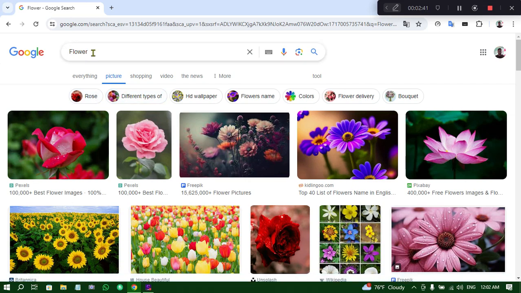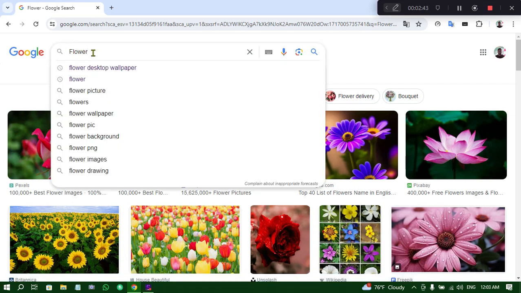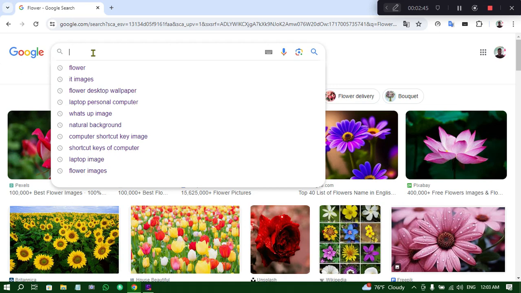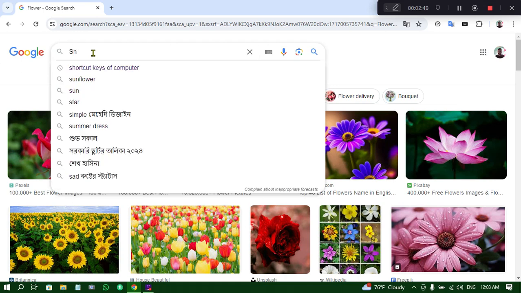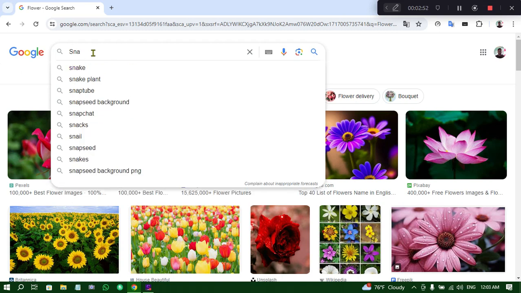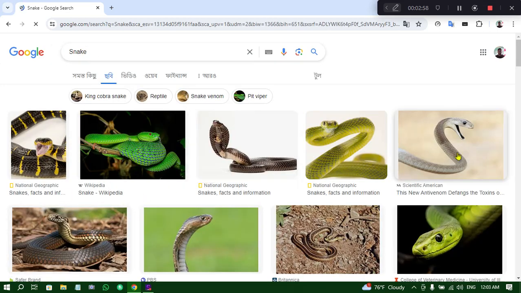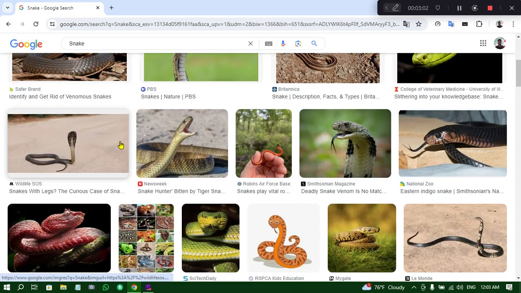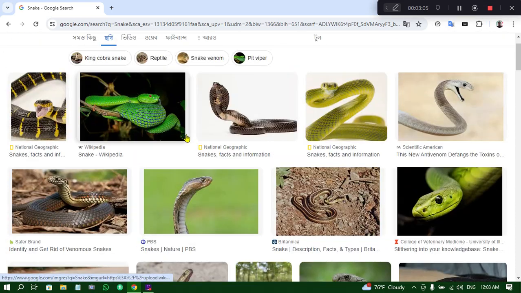If we want to search snake, we write snake and then press enter on the keyboard. There are many types of snake. This is the way to search